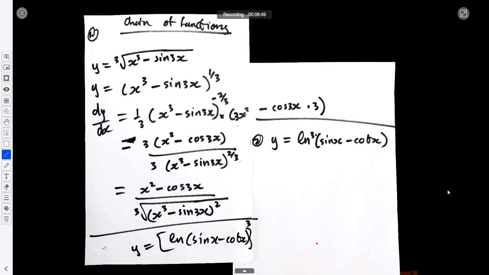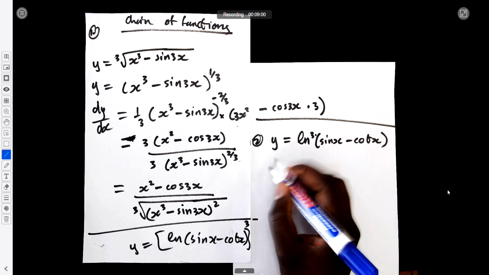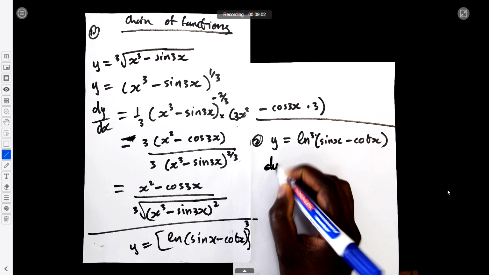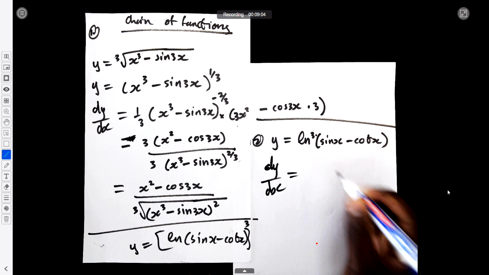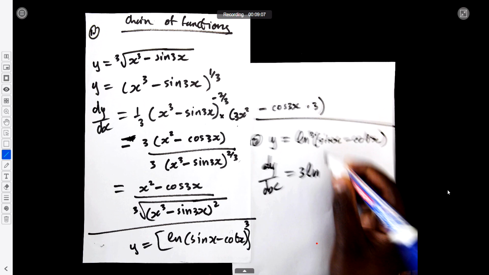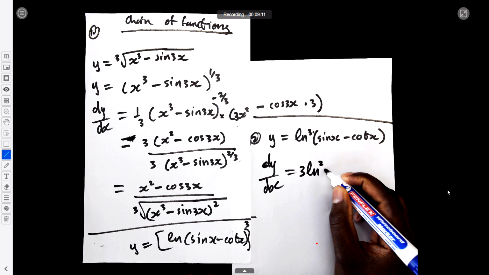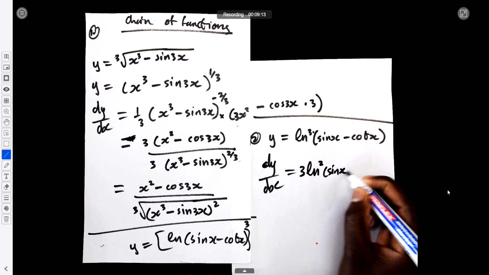But in differentiation, I don't emphasize the u method. We need it in integration here. Don't waste time. I know this is to the power of 3, so not wasting time as long as everything is fully simplified out. I know the derivative, I'm going to say 3. And therefore, ln to the power of what? Subtract 1. So we're going to have 2. And therefore, still the same function inside